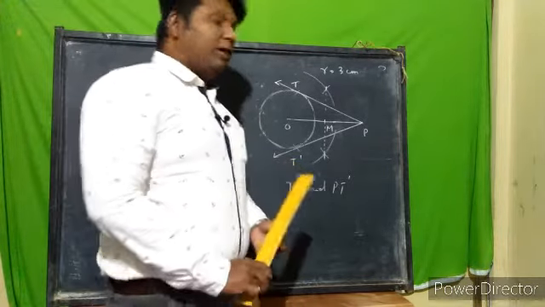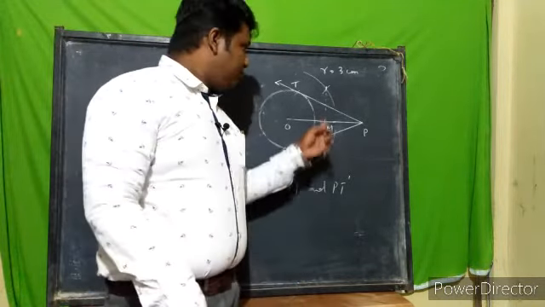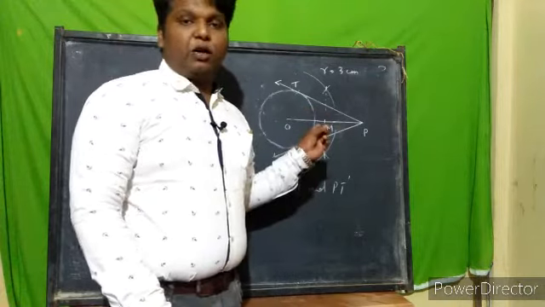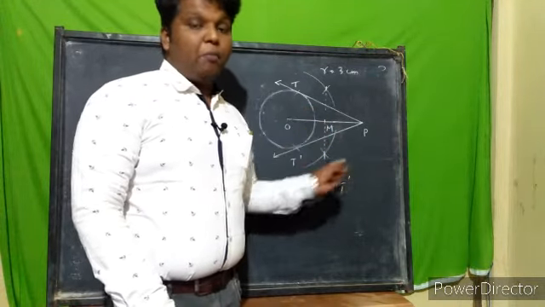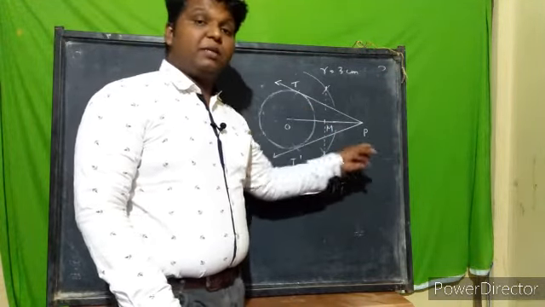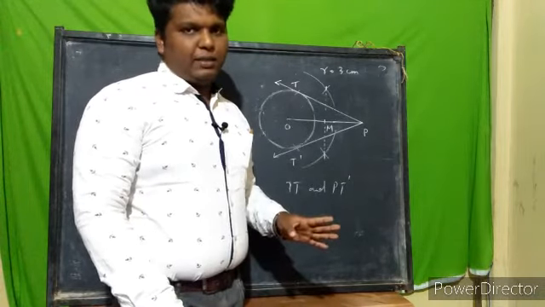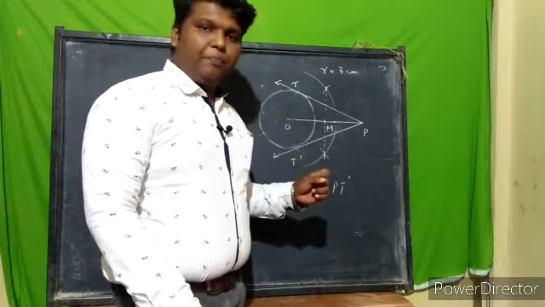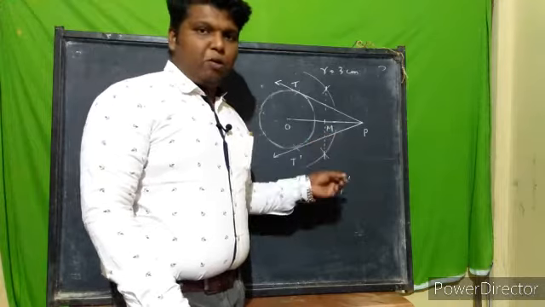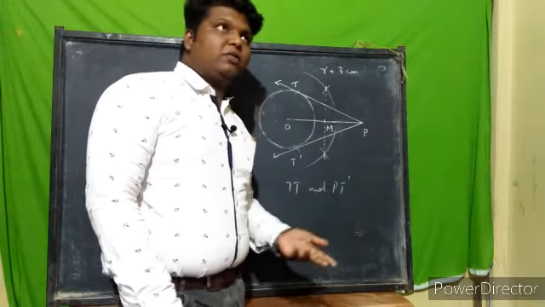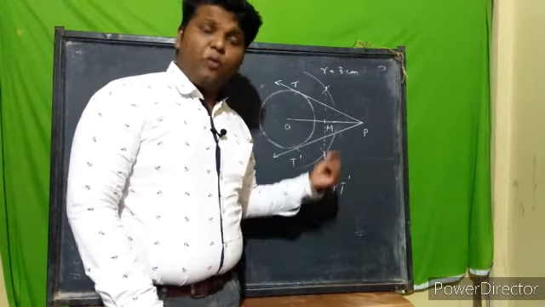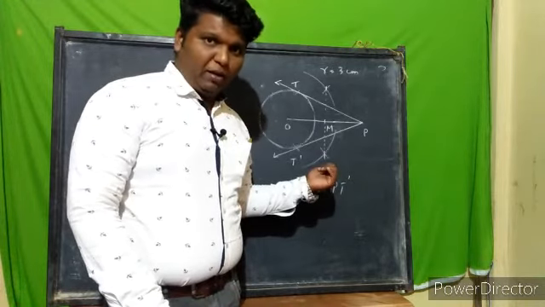So now tell me what are the steps of construction. Step number 1, draw a circle of radius 3 cm. Mark a point P 7 cm away from the center. उसके बाद क्या किया है? Perpendicular bisector बनाया. But why did we do this perpendicular bisector? To find the midpoint. Okay.